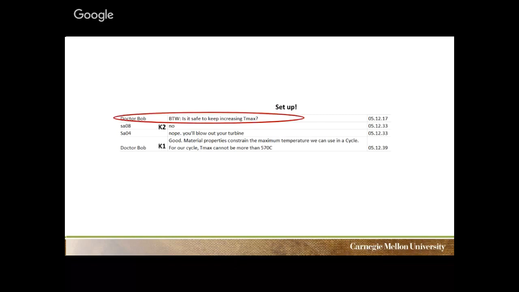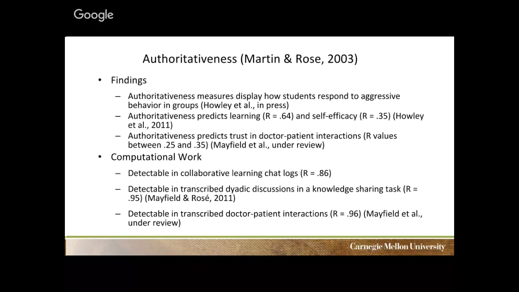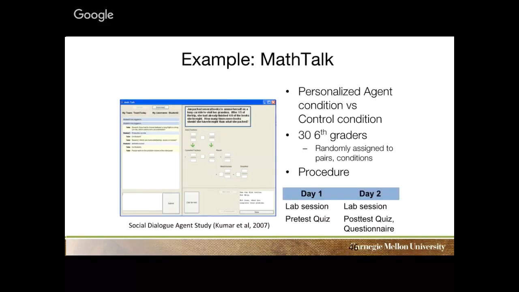Okay, so once we have a way of measuring authoritativeness, what good does that do us? We've definitely seen consistently that self-efficacy is correlated with authoritativeness ratio. In some cases, it predicts learning. We also see that it predicts trust in doctor-patient interactions, and we have looked at it in some other kinds of contexts. But now I want to talk to you about how it played out in a particular study